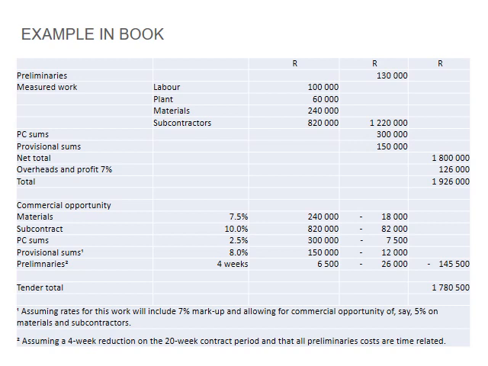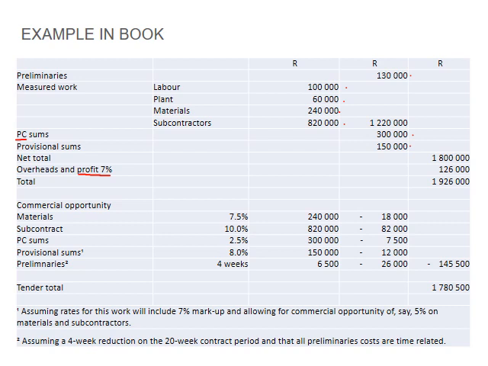You can see this table also on page 126, but this is a basic project where you have your general preliminaries that you priced, your labor, your plant, materials, your subcontractor cost, your PC sums, your prime cost sums. Hopefully you guys know what that is. And then you have your provisional sums, and then you have your profit and overheads